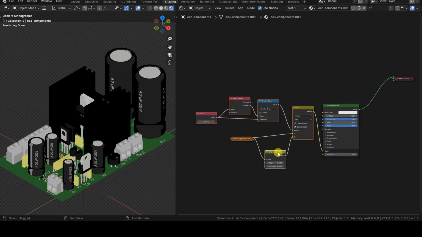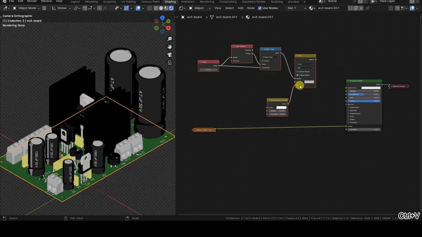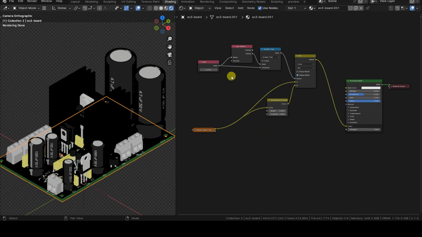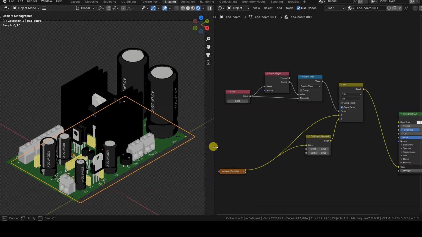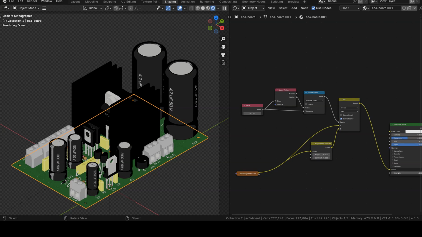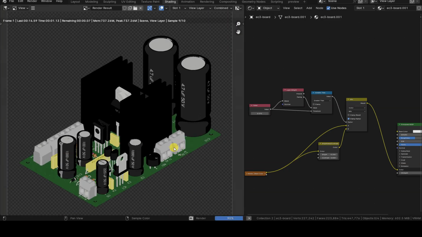This setup needs to be replicated for all the materials available in the scene. However, the preview visible in a 3D viewport in rendered mode is not yet the final one, as it does not include the Freestyle effect. Start rendering to observe the true final result.